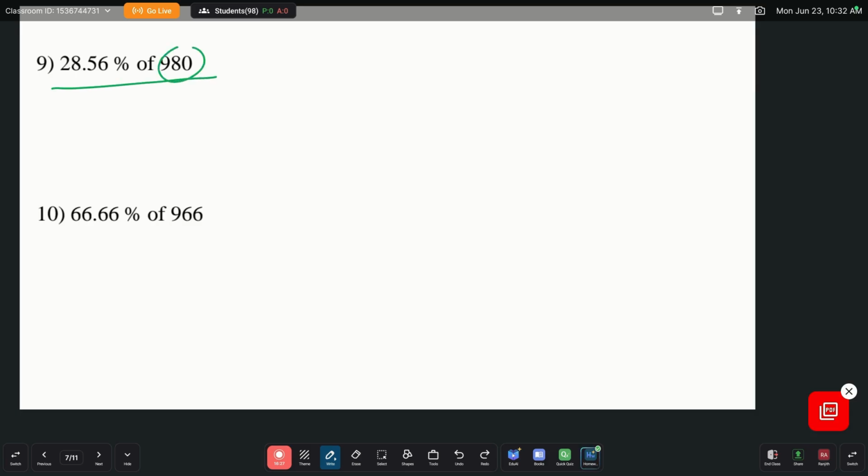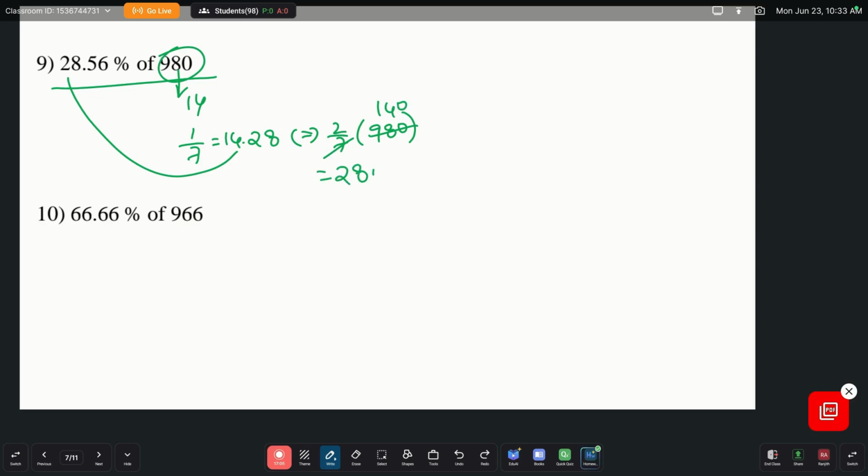28.56% of 980. Just look at here. So 28.56 percentage, in the sense, what is the fraction? In 980, just look at the value of 980. 980 is cancelled by 14 table. 14 sevens are 980. So that will be equal to 1 by 7 equal to 14.28. So 28.56 is multiplication of 14.28. So we can write 2 by 7 times of 980. 2 by 7 times of 980, 7 ones are 7, 14 twos are 280. And next,